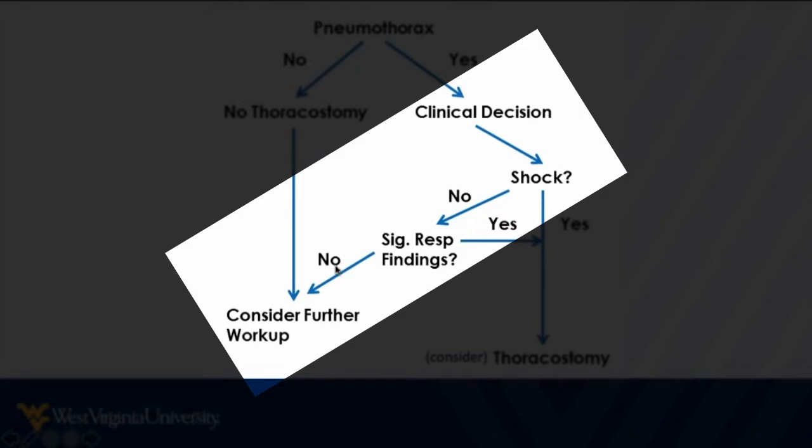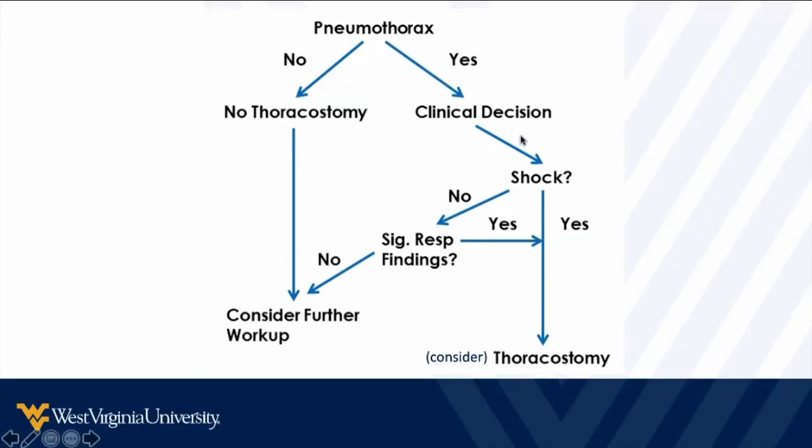Do the upright chest film. You could do a more extensive lung ultrasound if you wanted. Maybe do a CT scan. But if the pneumothorax is not causing them to be clinically unwell, then you can wait and do other workup. That's my answer to what do I do with that information in the patient if I don't know how big